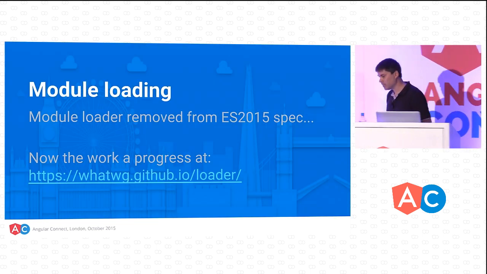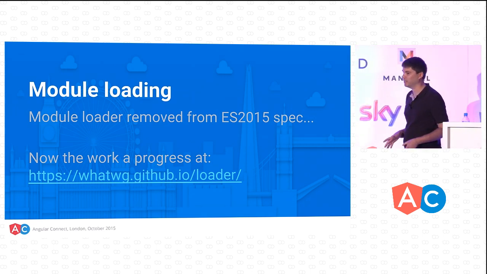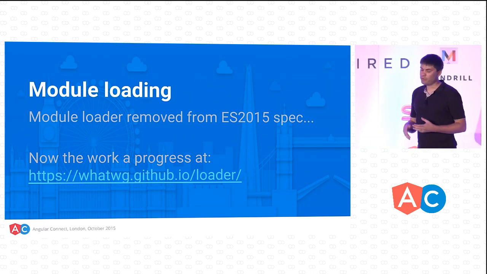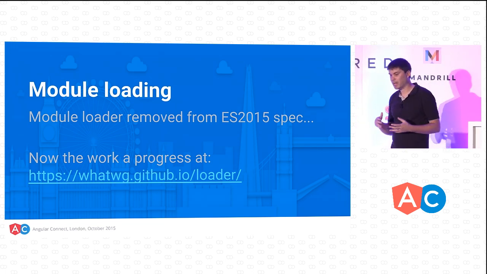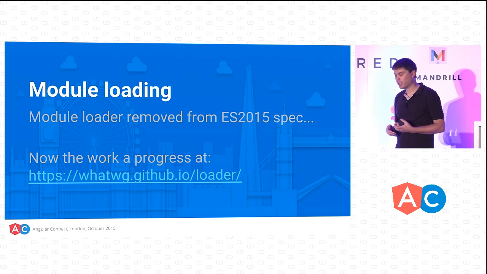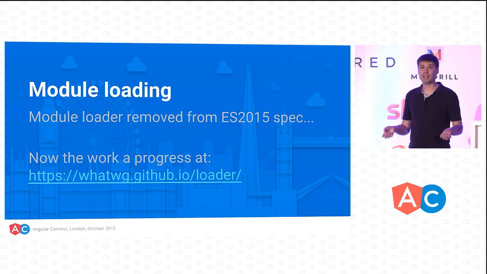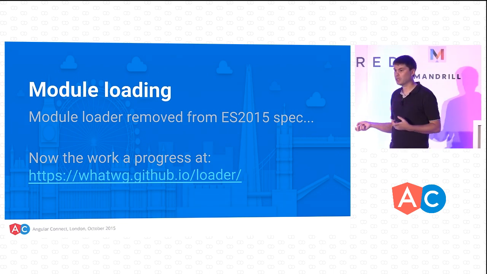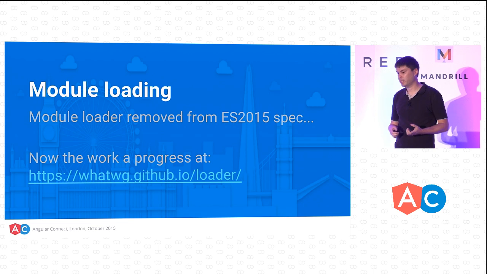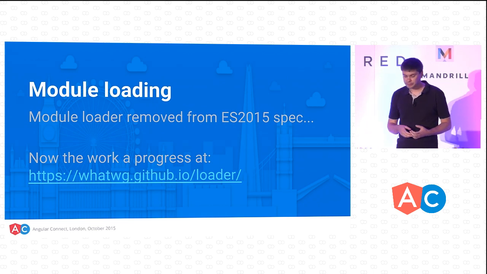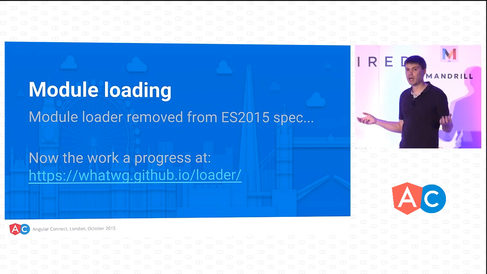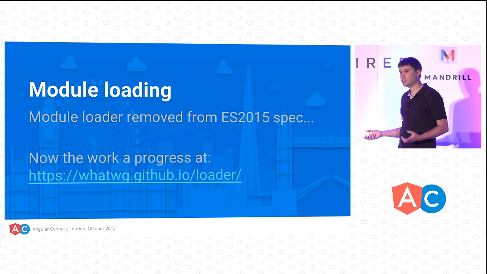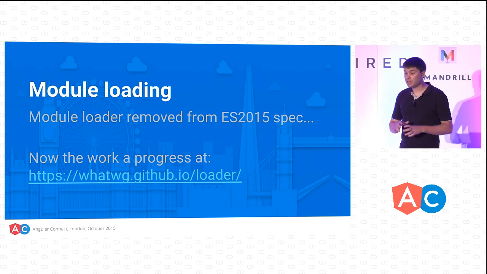The situation is even worse than this, I can tell you. We've got this ES 2015 specification, which specified how to author our code using the new ES6 module format. So import, export, what is the semantics of this? What happens when I import things? What happens when I've got cyclic dependencies? This all was specified. But the loading part, how to fetch the code, what should I use? Should I use XHR or JSON-P or maybe fetch to get the code in the browser? This part was left over.